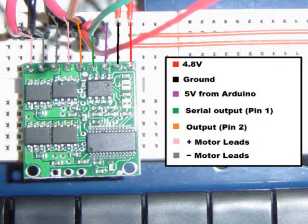This is the motor controller, which as its name implies, is used to control the motors. I've made this diagram to show what each of the pins on the motor controller are used for. The 4.8 volts and ground are connected to the battery pack, and is used to power the motors. The purple line is connected to the 5-volt pin on the Arduino board and is used to power the motor